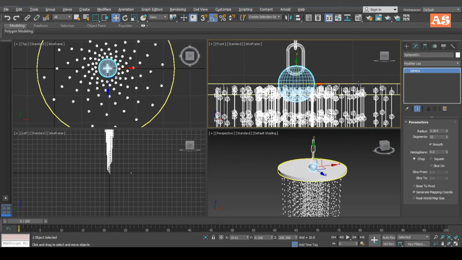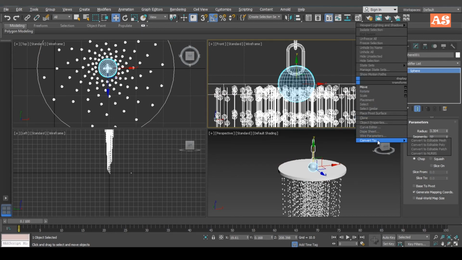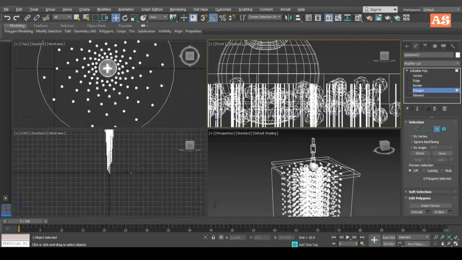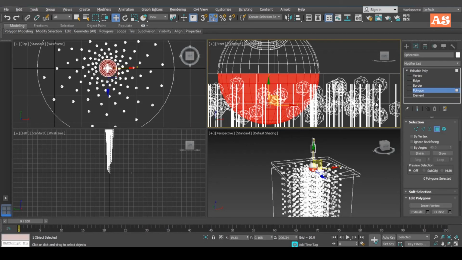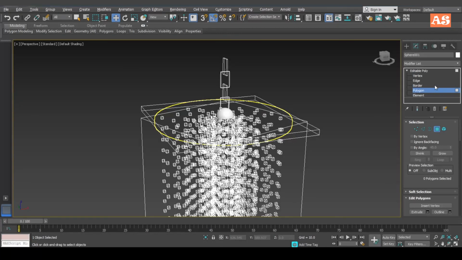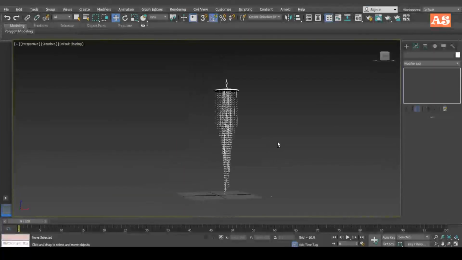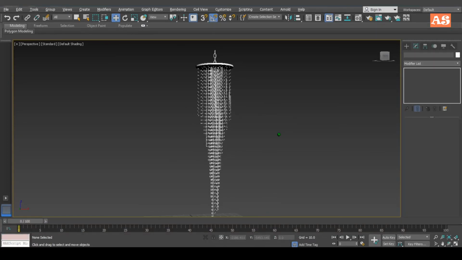And then right click, convert it into editable poly and decrease the unwanted polygons from this object. This is your chandelier, guys.